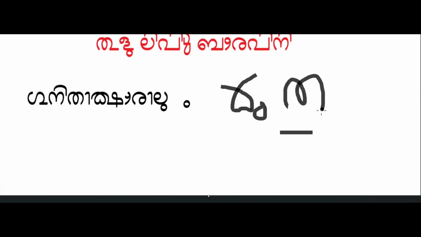U. For U, at the bottom one round will be there. Example, ku, lu, pu, lu. In Gunithaksharas, this lu has come now. U, look, bottom circle. Next, u,